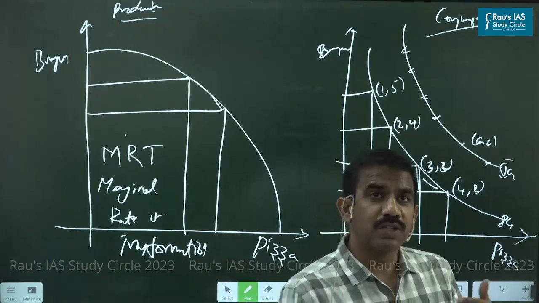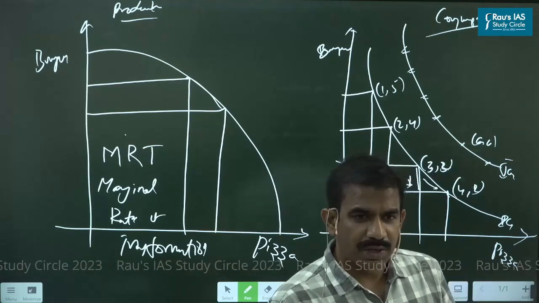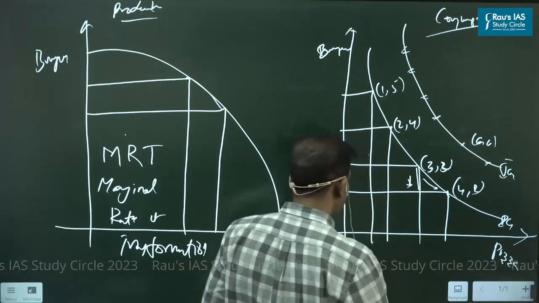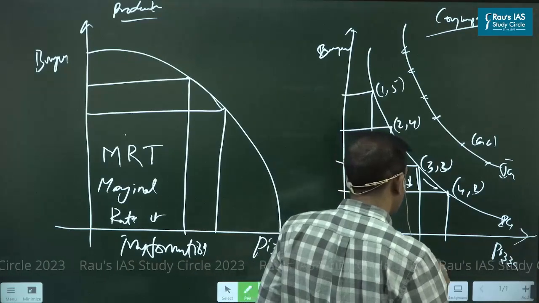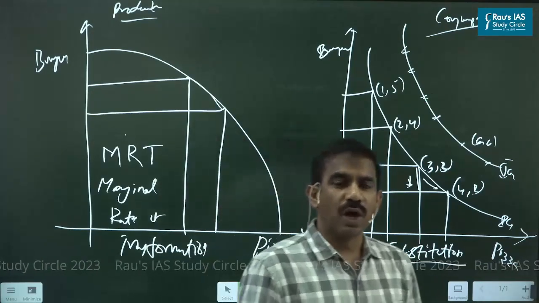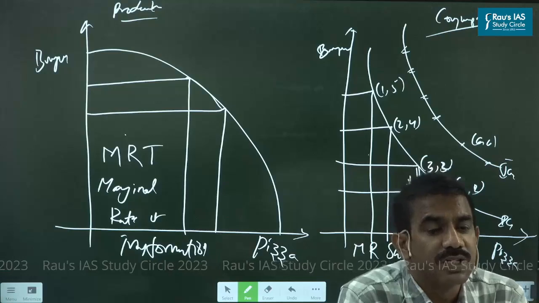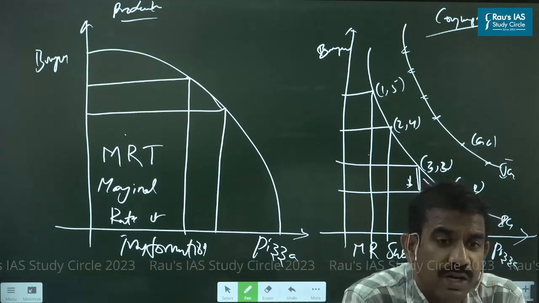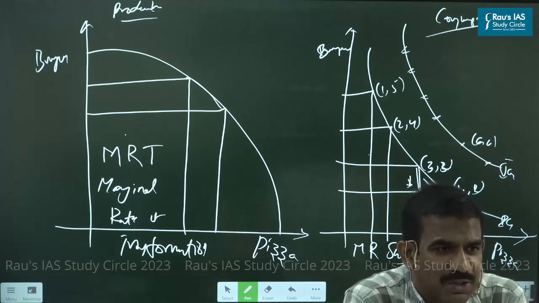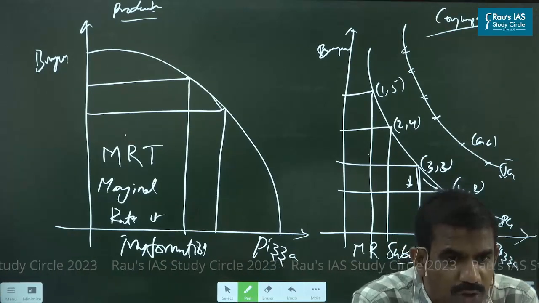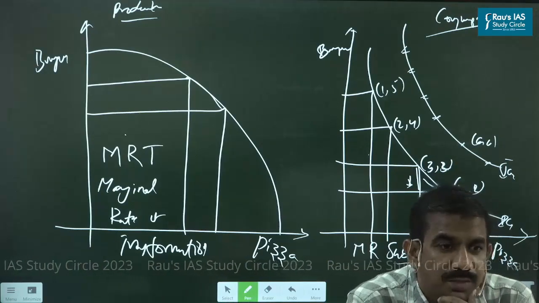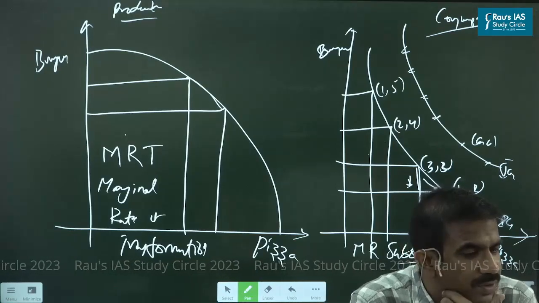So the number of pizzas you are foregoing to consume in return for an extra burger, what you call an opportunity cost, is what in this case we call the marginal rate of substitution. The rate at which you substitute your pizza for a burger or a burger for a pizza, this is what we call the marginal rate of substitution. MRS, MRT. Marginal rate of transformation, marginal rate of substitution. Margin means extra. So the extra number of burgers you need to forego to consume an extra pizza. Same thing you could look at in the other direction. Marginal rate of substitution. Is that clear now?